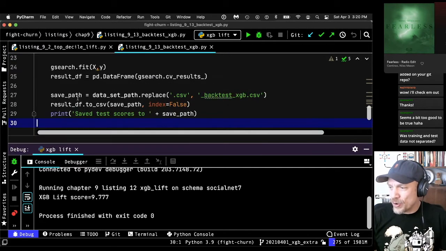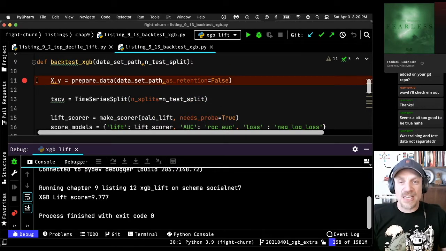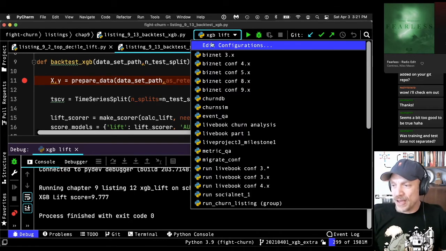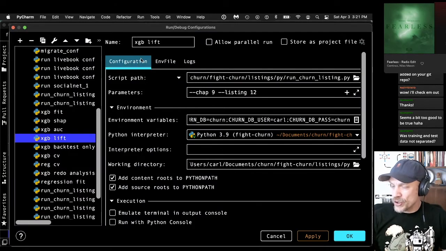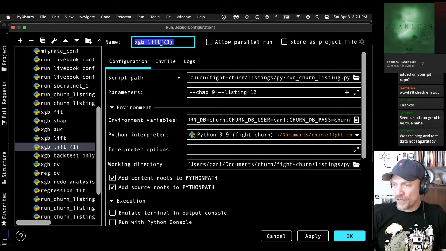This is another extra in this stream. In the book, I demonstrate the basic backtesting algorithm with logistic regression. So this is a version of that demonstration using XGBoost. So once again, I'm going to duplicate my configuration.